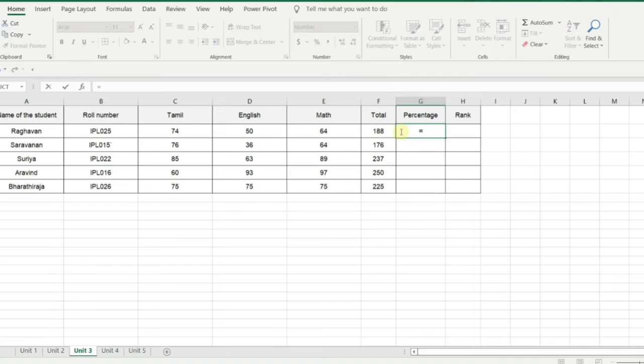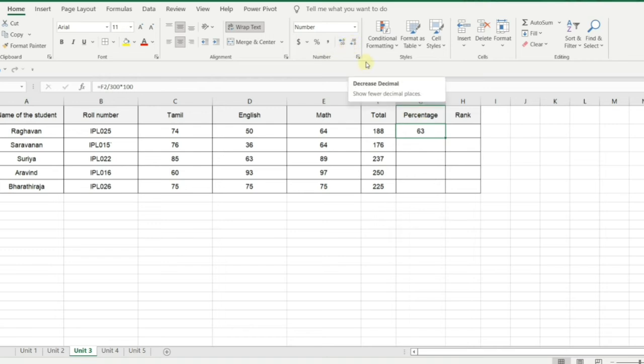So what I will do is give equal to, select this one, divided by 300, right? As simple as it is. Now multiply it by 100. Okay, excellent. Sometimes again it will be with the decimal values. You know from the previous example, if you have the decimal values, feel free to go above and reduce this decimal. Now I'm going to drag it down, as simple as it.